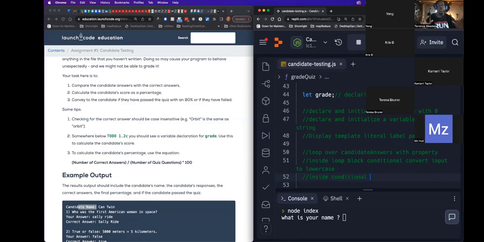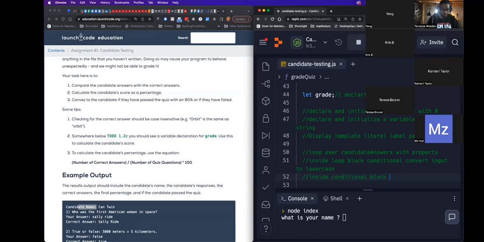Anything in that conditional, if that's true, I want to increment the variable that you initialized with the number 0. So it says inside the conditional block,